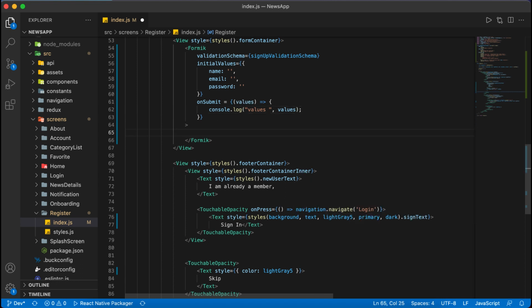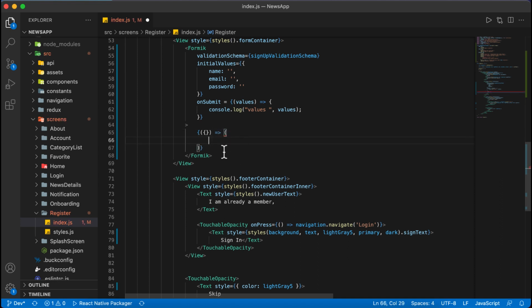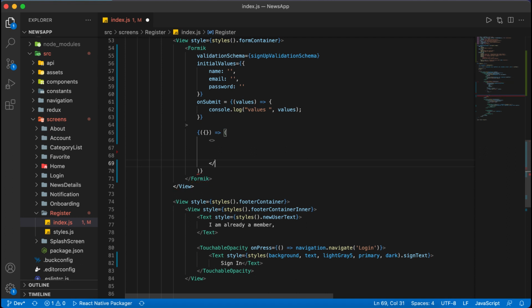Fine. So then Formik will give some properties to us, like handleSubmit and handleChange, that we did in the previous login video. So I will take one curly brace, then inside this bracket, then again the curly bracket. After this, here I will declare the arrow function, and this will take a view, so we will put the fragment view here, the parent view.